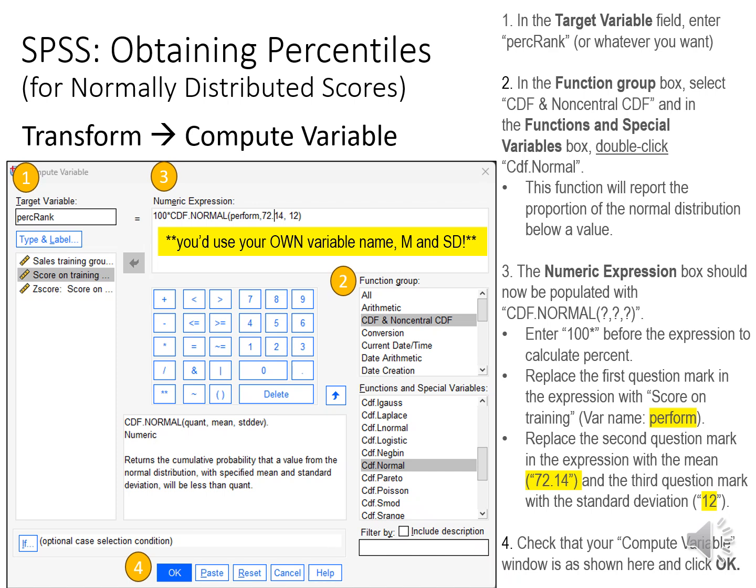The first step is to go ahead and name your target variable. You can name this whatever you want. I chose percentile rank here, so that's why you see PERC and then RANK. But you can really name it whatever you want. Once you do that, the second step is to go to the function group shown on the right-hand slide or right-hand tab